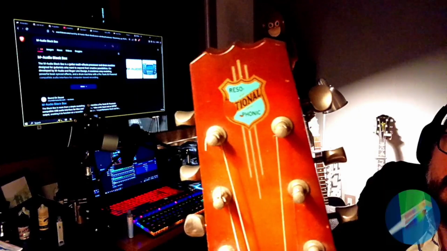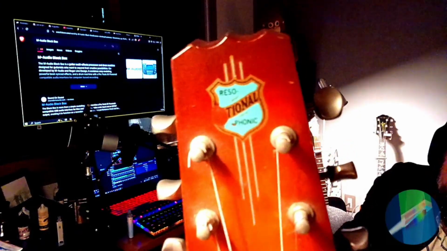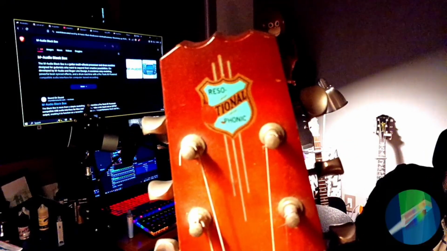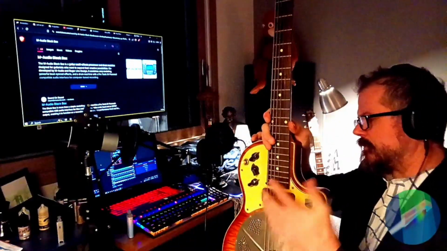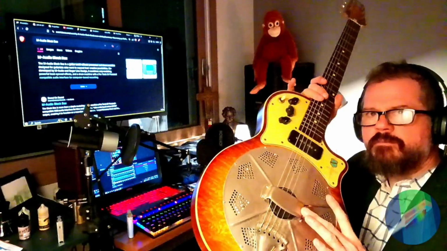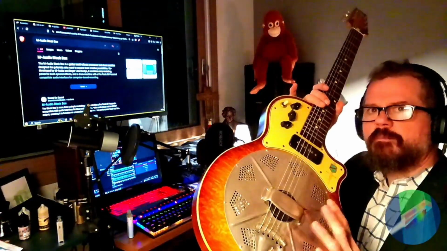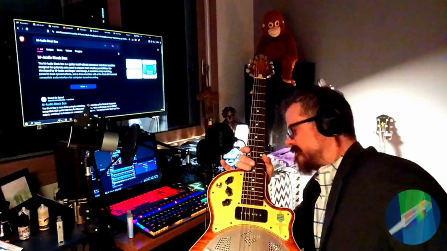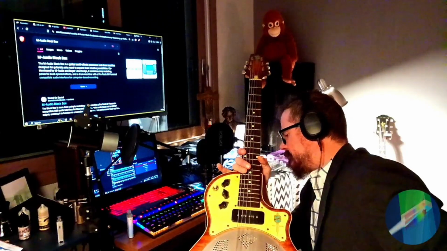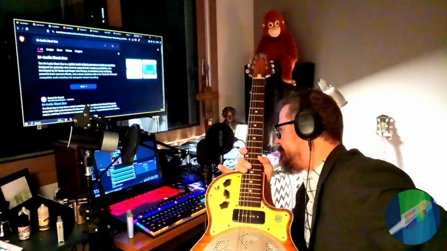A little bit of decal came off, but that is a National Resophonic Resoelectric hybrid. It's a P90 on the neck. It has a Highlander piezo pickup in the bridge, technically the saddle. It's a biscuit on top of the aluminum cone.